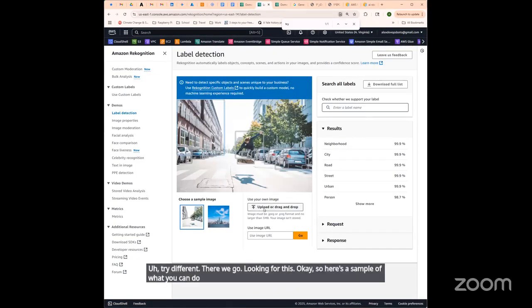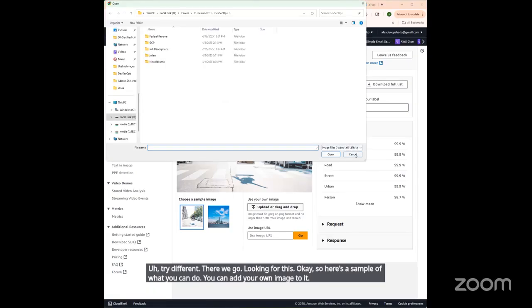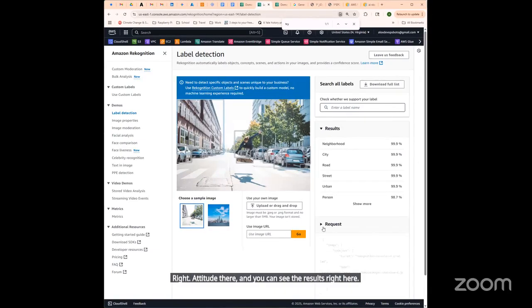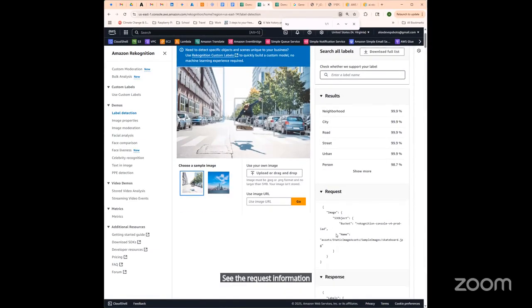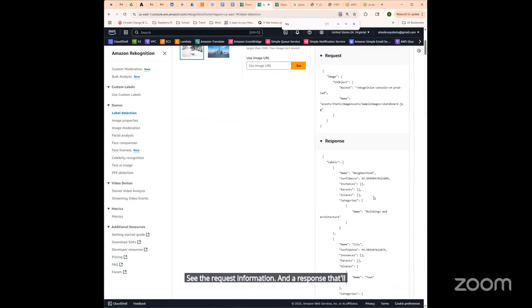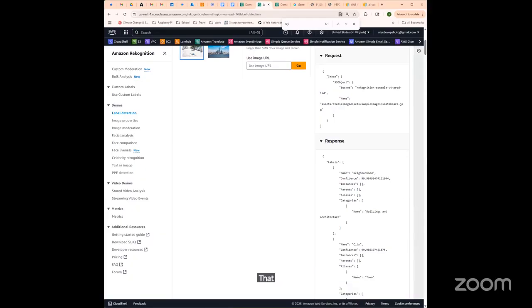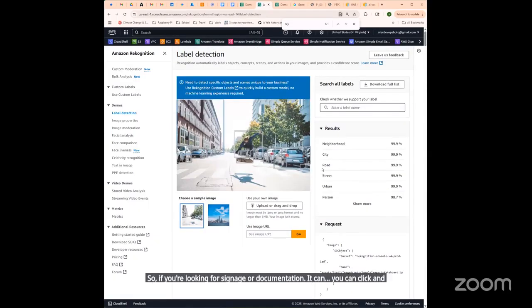You can add your own image to it, and you can see the results right here. See the request information and a response that comes out with labels in key value pair style. And it can find text in an image. So if you're looking for signage or documentation, you can click and find it as well.